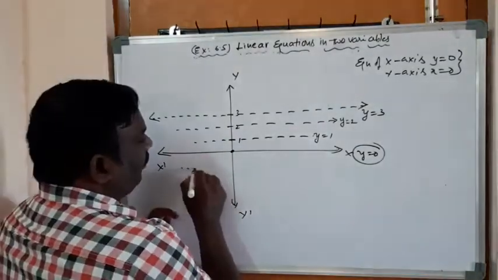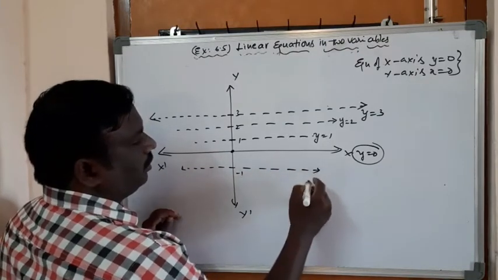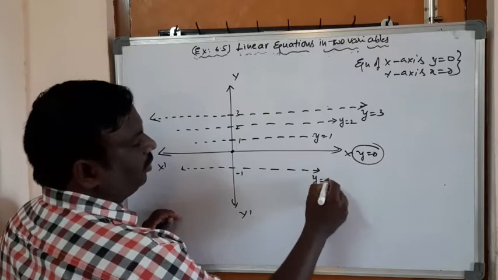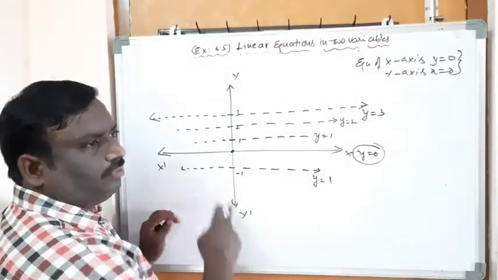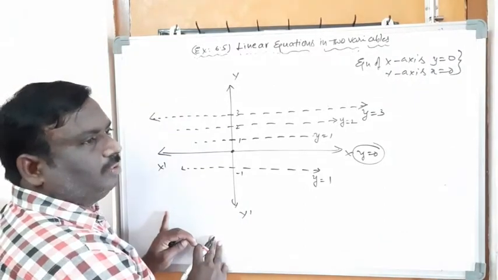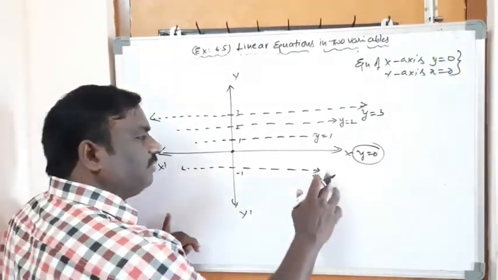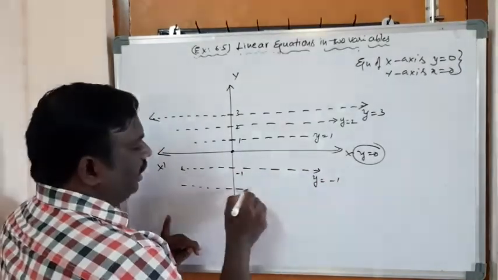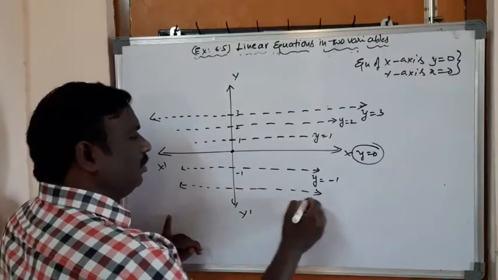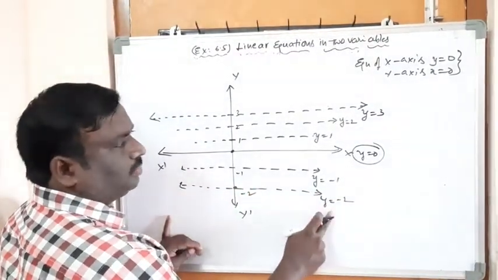So now if you take here minus 1, then y equal to 1 only we have to take. Because the distance is positive or negative, we can take positive according to the question. And actually this is y equal to minus 1. And coming to here, y equal to minus 2. Suppose it is minus 2, then it is minus 2.